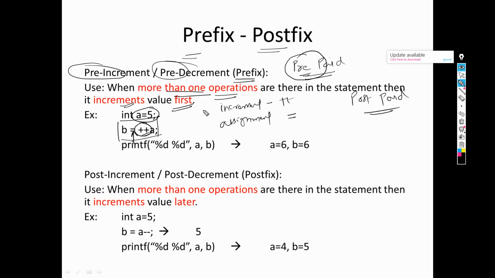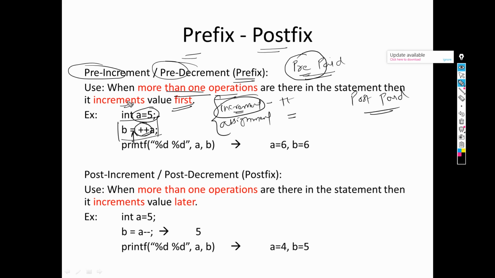Now as per the usage we have seen, if there are more than one operations, so here two operations are there, then in the case of pre-increment or pre-decrement, increment or decrement should be performed first. It means that out of these two, increment should be performed first because it is pre-increment. Pre-increment means पहले इंक्रीमेंट करना है, उसके बाद जो दूसरा काम है वो करना है. We need to increment the value first and then we need to execute the second operation.